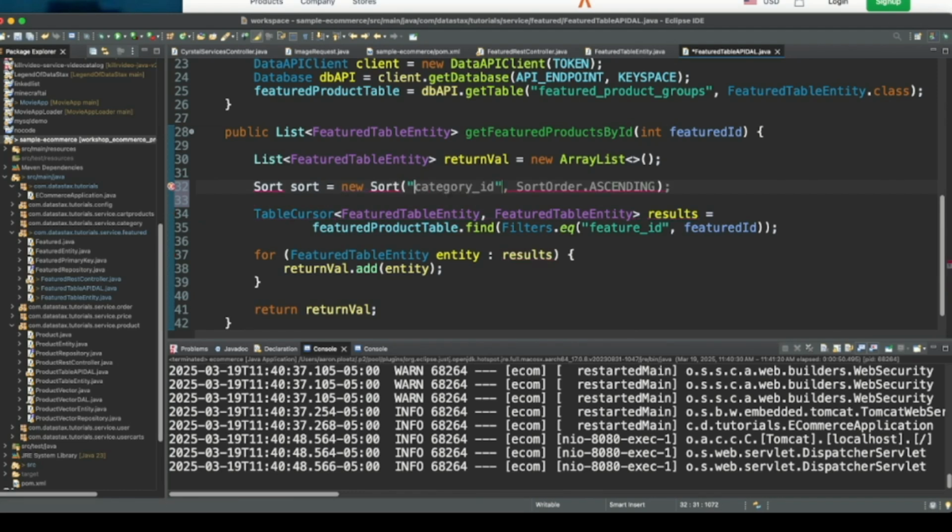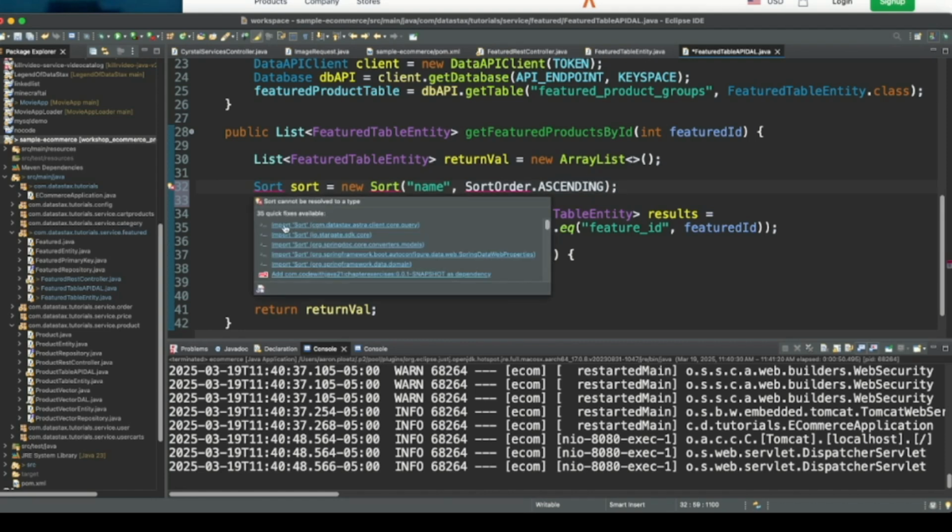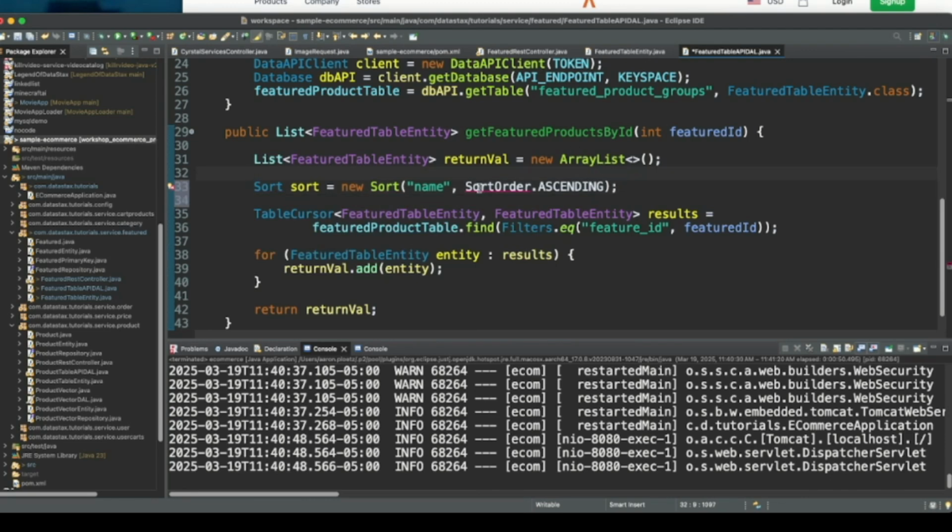And let's say that we want to sort on product name. And then I want to say sort order ascending. So let's go ahead and pull in that sort library. There we go. And we'll do sort from DataStax Astra client core query. And we also want to pull in sort order.